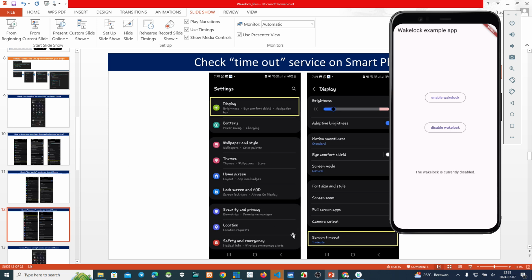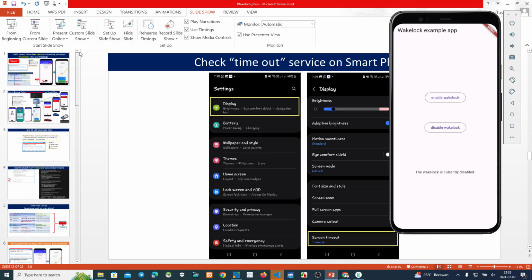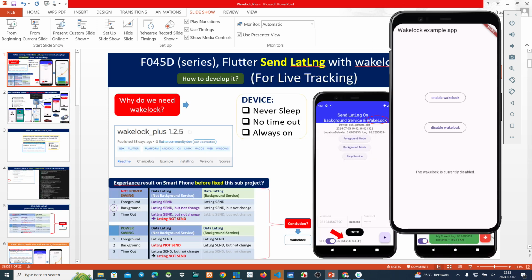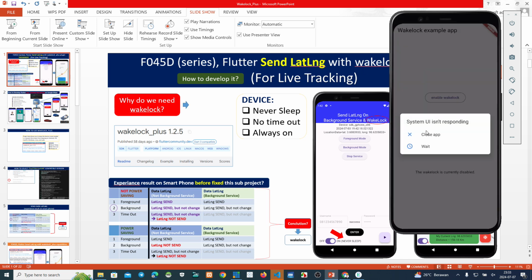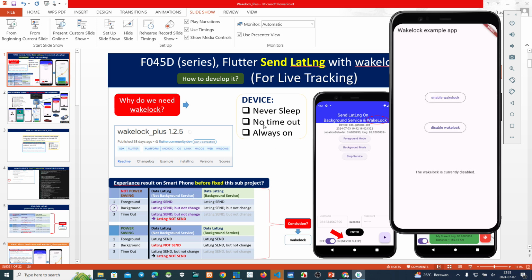Jadi, agar tidak terjadi time out, maka kita buatkanlah plugin ini, kita gunakanlah plugin wake lock ini sehingga device kita, our smartphone always on atau never sleep atau no time out. Jadi tidak ada lagi time out.